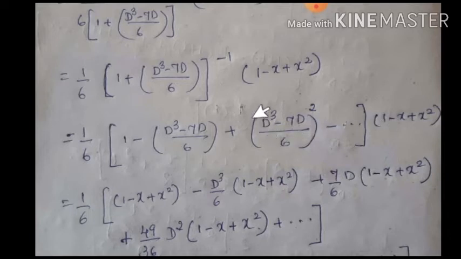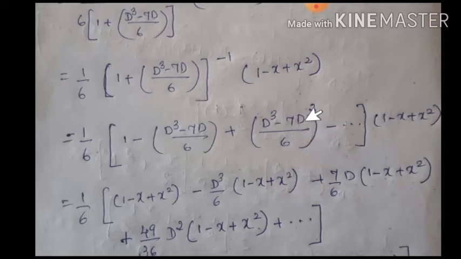And I know that when I apply the (a minus b) whole square formula, a square is D cube whole square, D to the power of 6. The derivative of that with this polynomial function is 0, because the power of D is more than the polynomial power. Yes or no? Then a square becomes 0, so no, I have not written it. Then b square, you have a chance of getting D square. So (7D) whole square is 49 D square divided by 36.